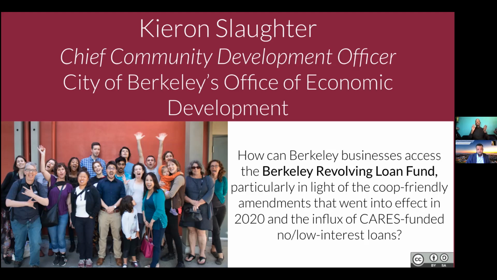Basically, number one was to enable the use of loan capital for conversion to worker-owned cooperatives, because of businesses at risk of closure, because maybe an owner's retiring. We've heard of the silver tsunami. They may put the business on the market, but now they'll be able to use these funds to help workers actually acquire and democratically own the business and keep it rooted in Berkeley. Once again, retaining jobs and creating jobs. And so, that's number one.